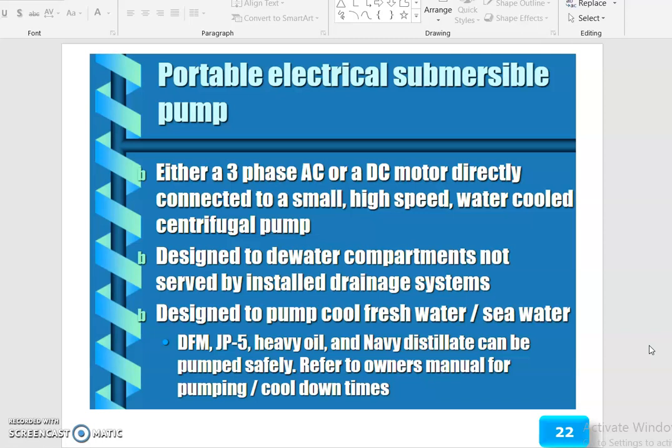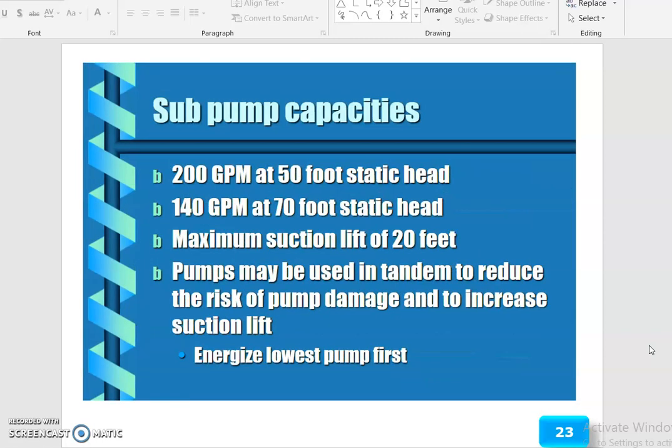It is designed to pump cool fresh water; seawater, DFM, JP5, heavy oil and Navy distillate can be pumped safely. Refer to the manual for pumping or cool-down times. The submersible pump capacities are 200 GPM at 50-foot static head, 140 GPM at 70-foot static head, or a maximum suction lift of 20 feet.